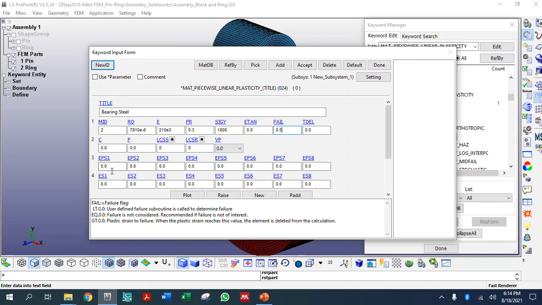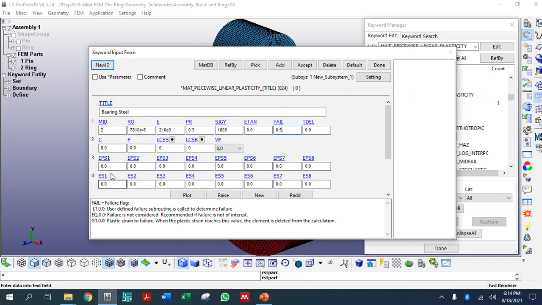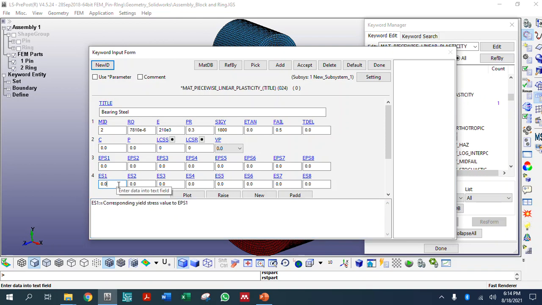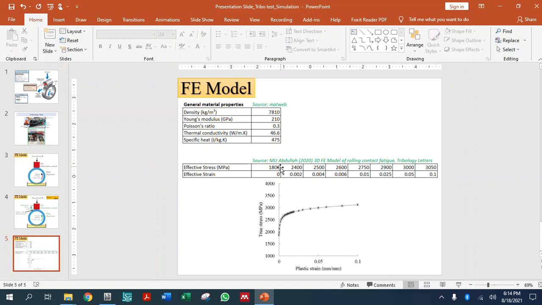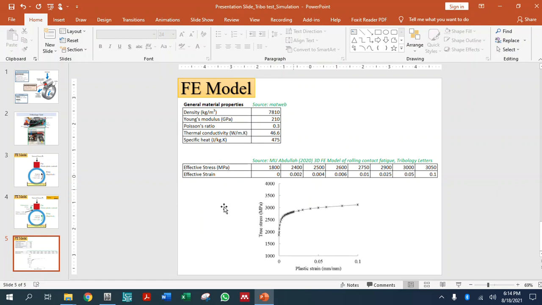It's normal. This is the part where I need to put in all these values, which are extracted from this point. So now we try one. We key in 1 by 7810. This is the strain value 0, and then stress 1800, and 0.002 to 2400, 2500, 0.004, 0.006,